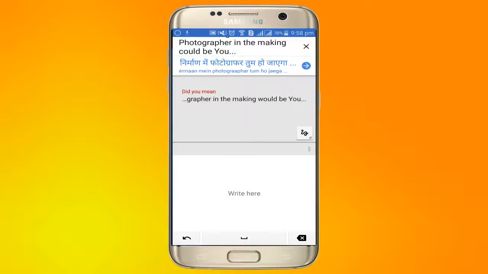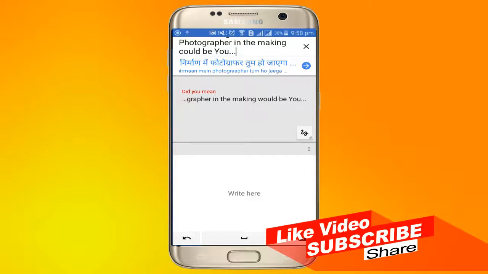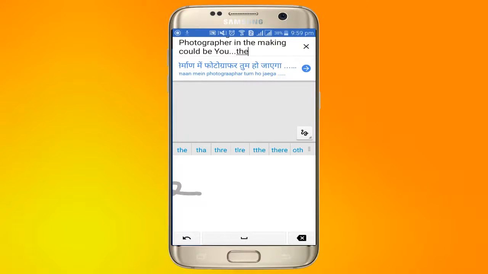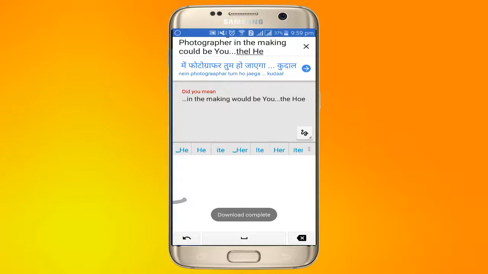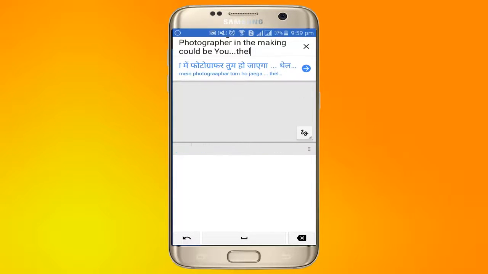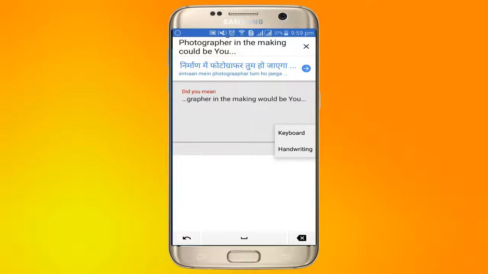If you write here anything, just click on handwriting. So Google has nowadays recognized, and they will input those handwriting only. So this is another great feature they have given.